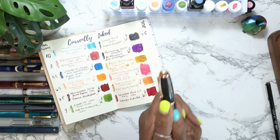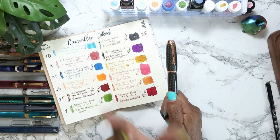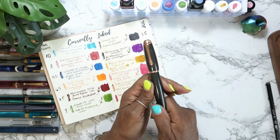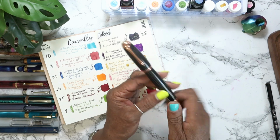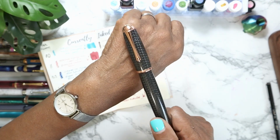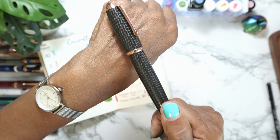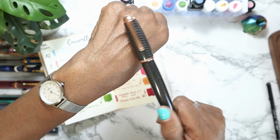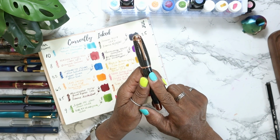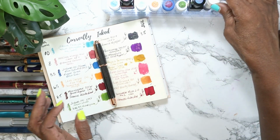Next pen is, oh, I have this thing for Monteverde pens, by the way. I've just realized that. I'm on pen number 4. This is the Monteverde Super Mega Carbon Fiber pen. Look at that. Look at that freaking goodness. It has an Omniflex nib, and it is inked up with